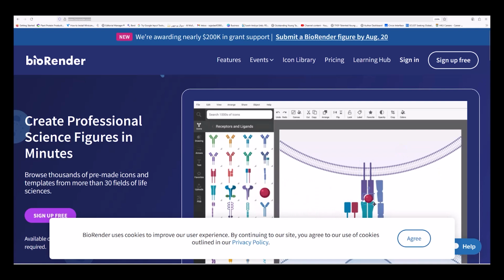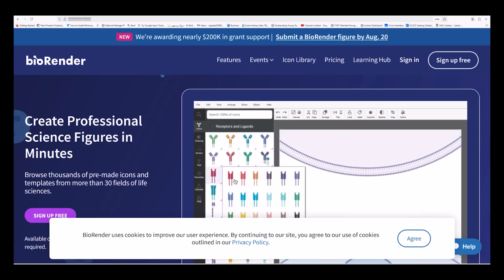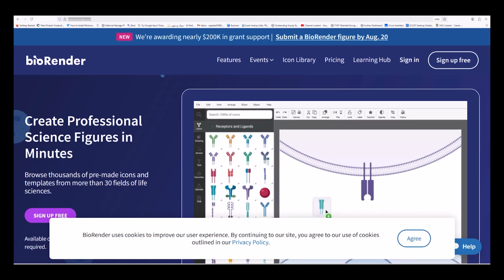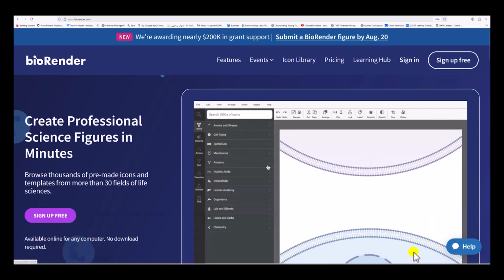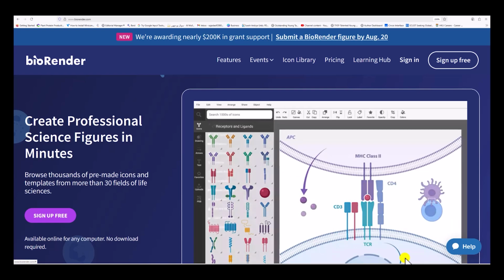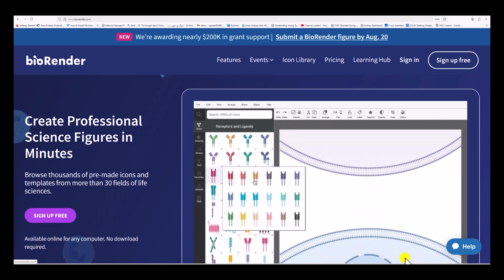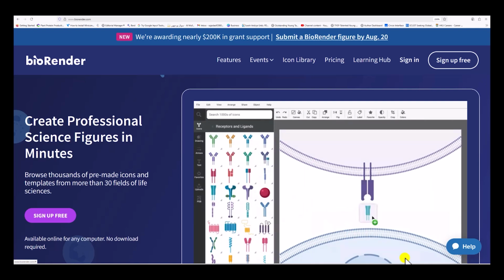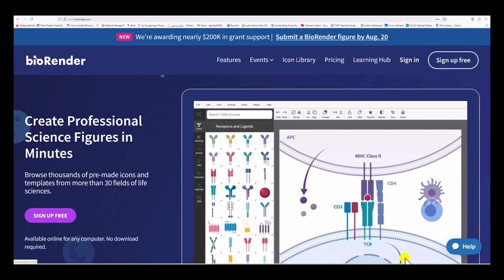Now, let's take a deeper look at how BioRender works. The platform features a drag and drop system. You can see here how to drag and drop different icons, and how to generate a figure. It has more than 40,000 pre-made icons and templates, from molecular structures to anatomical diagrams. You will find icons for almost every area of science. So let's go through an example.